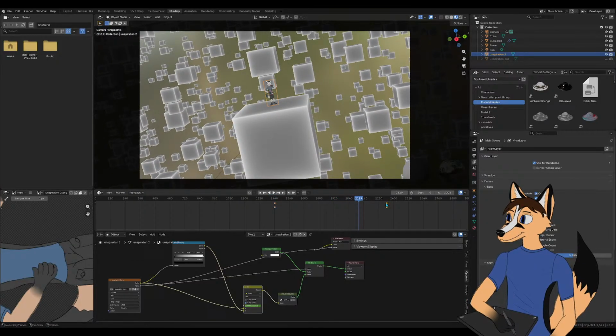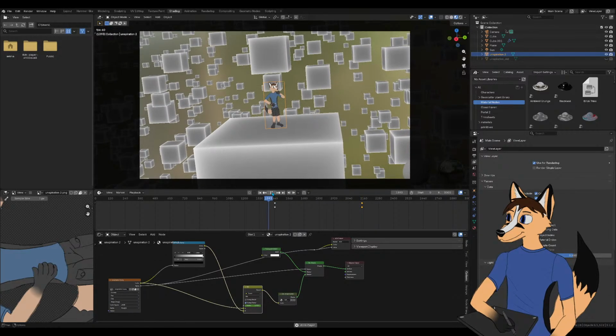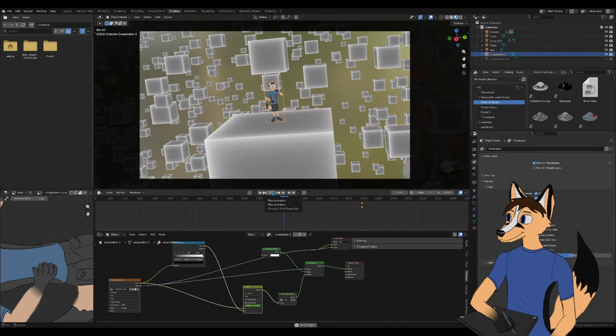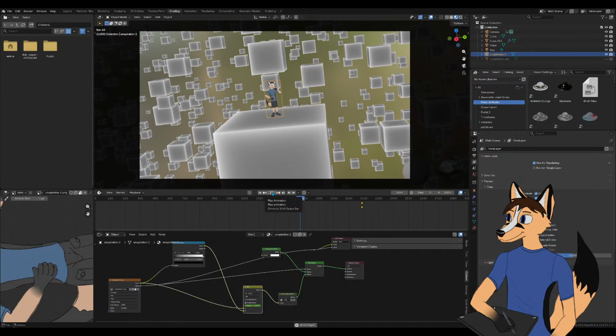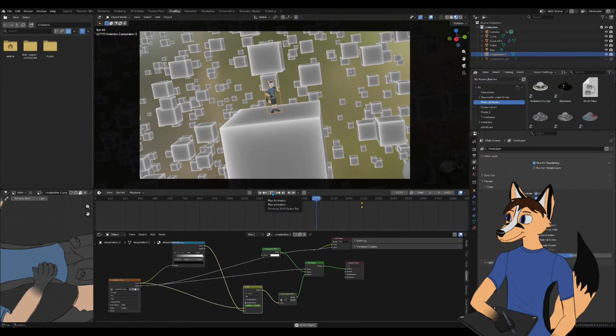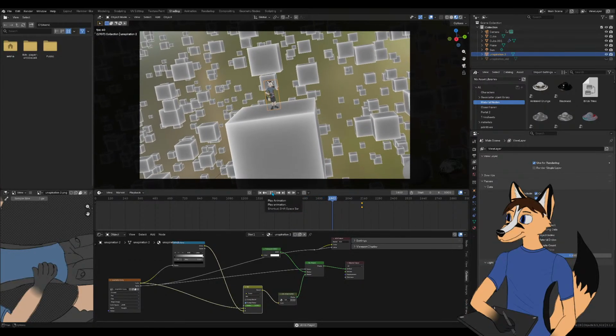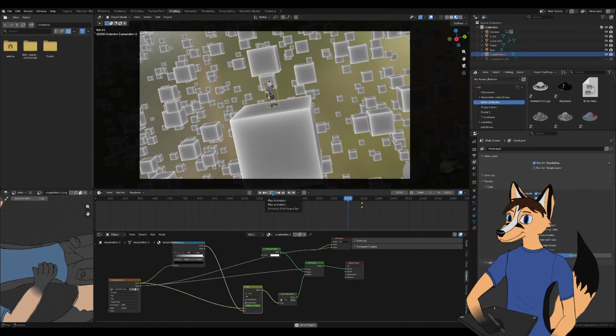I feel like the fade should be maybe a tiny bit faster, so let's see. Yeah, there we go.